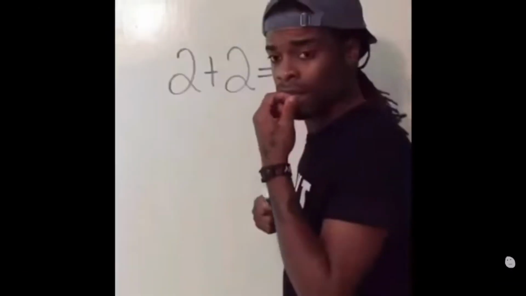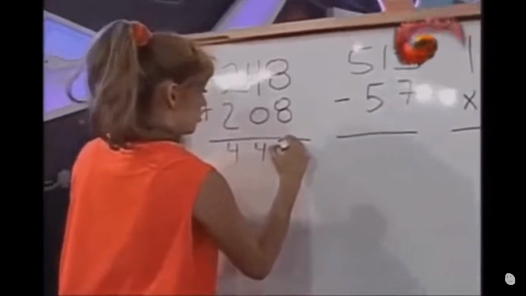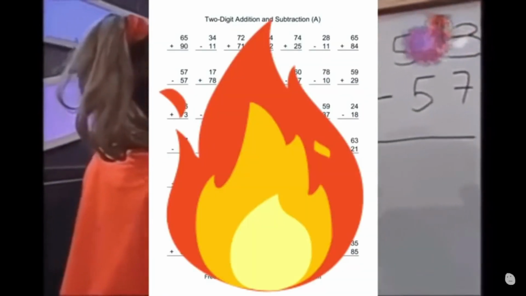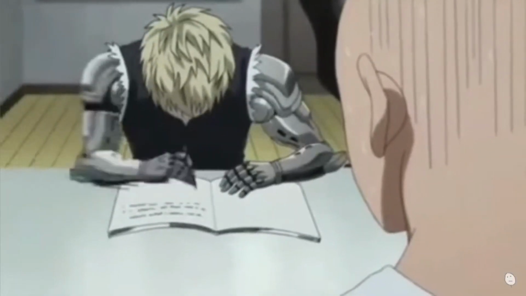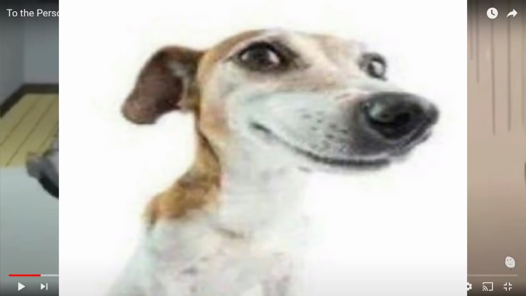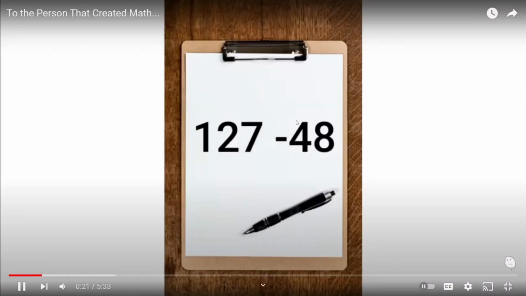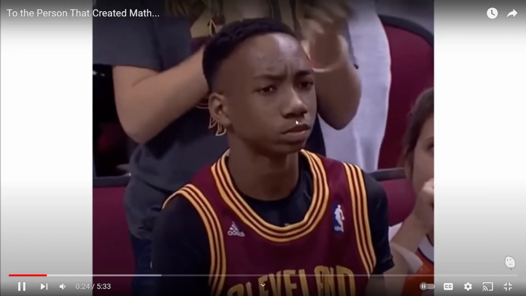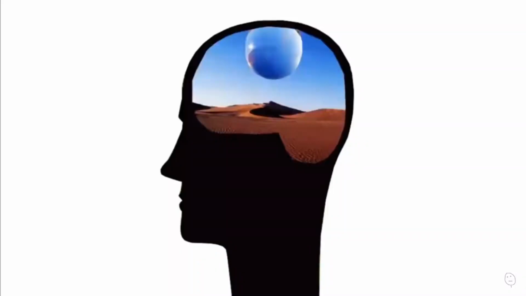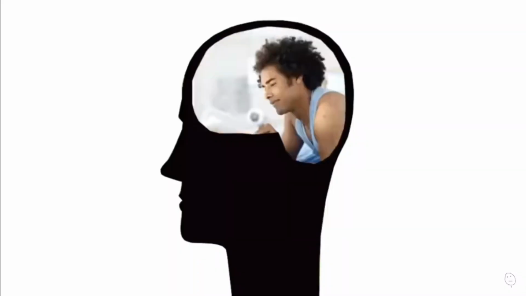You know, doing addition and subtraction was a great fun start. 1 plus 1 is easily my favorite problem of all time. It's 3. The second is bad. Doing addition and subtraction worksheets were so fire because I would always just breeze through that stuff. Facts. And then I would hit a problem, like 127 minus 48. 79. And I was like, oh snap, now it's a real challenge. And it had me using 20% of my brain power.